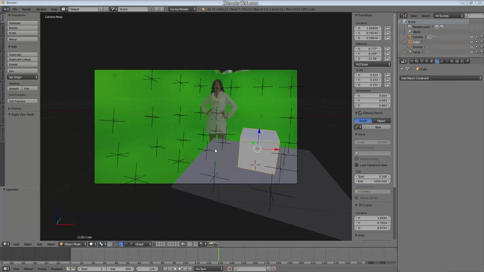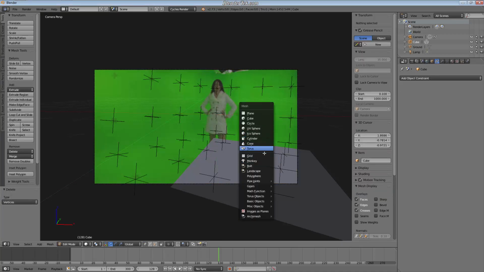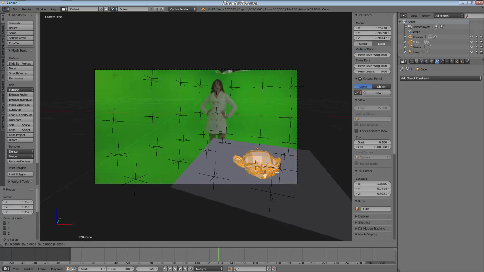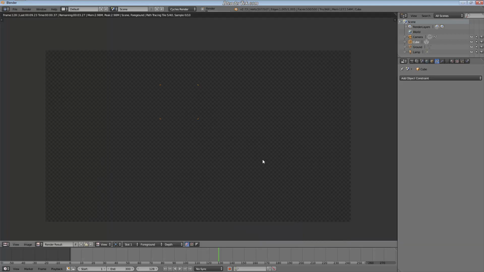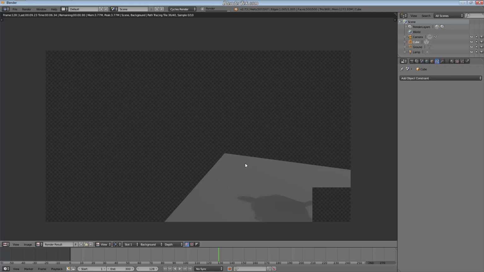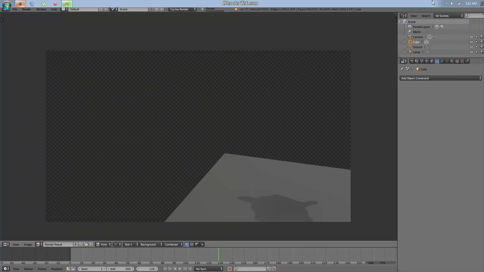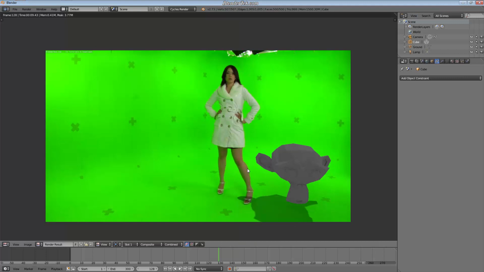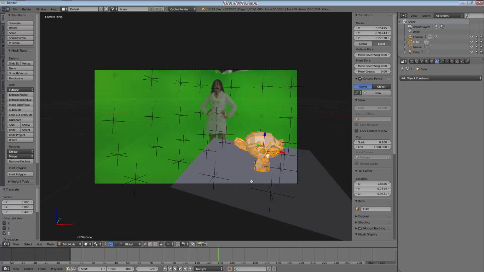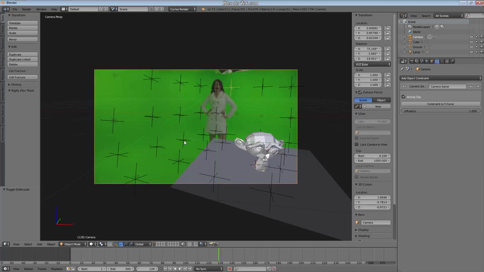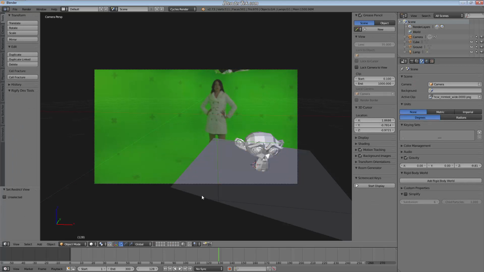basics. So yeah, at any time we could tab into our cube to edit it, we could delete it, we could add, say, Suzanne, and you would get the same result. And you could add materials or whatever. I wouldn't take this as a technical video or anything. This is basically me just bored at 5 in the morning and not able to sleep. So I'm just trying to ease some of the questions I'm getting daily in and out constantly about compositing 3D objects over live action. At any time, you can also hide the marks if they're getting in your way, and